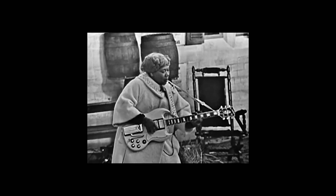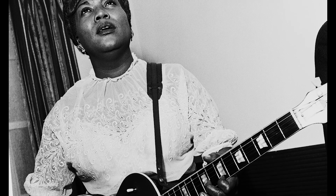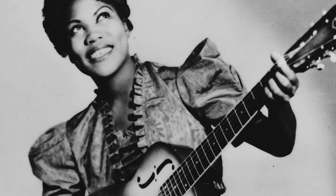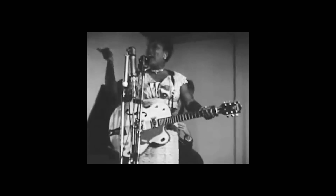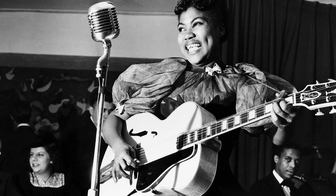Today we are checking out some riffs in the key of Sister Rosetta Tharpe. Sister Rosetta Tharpe, if you don't know, was an immense influence on the history of rock and roll. Born in 1915, she was highly accomplished, even at a young age. As a little girl, she would be singing and performing in the churches. She went on to accomplish such wonderful things, including being the first gospel artist to cross over and record secular